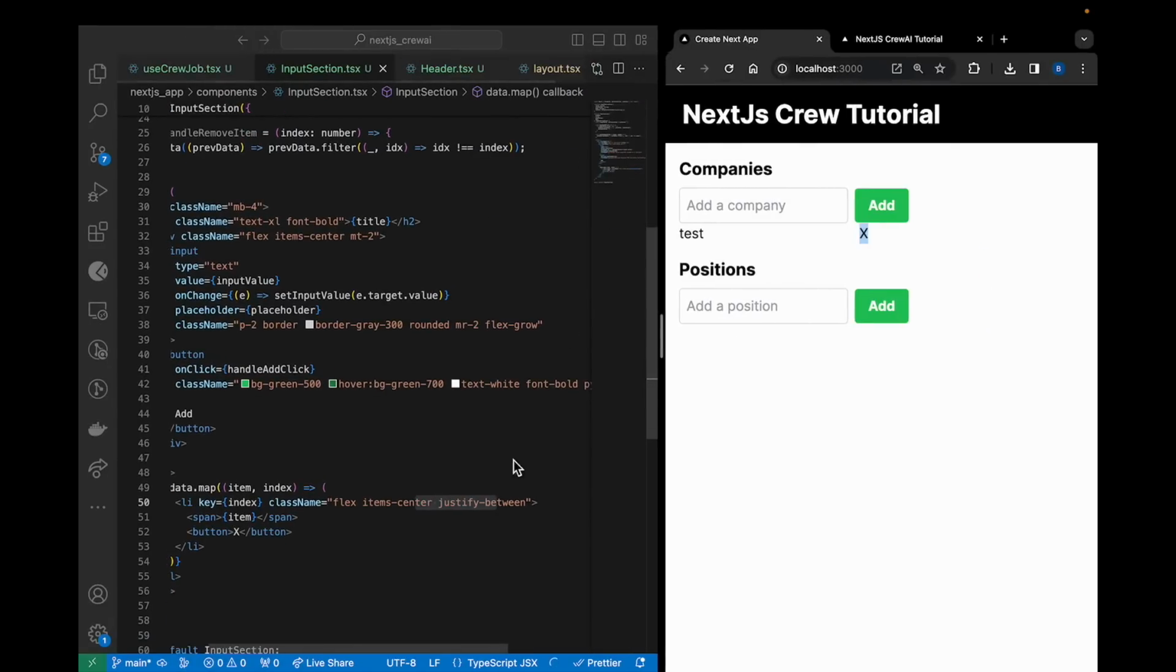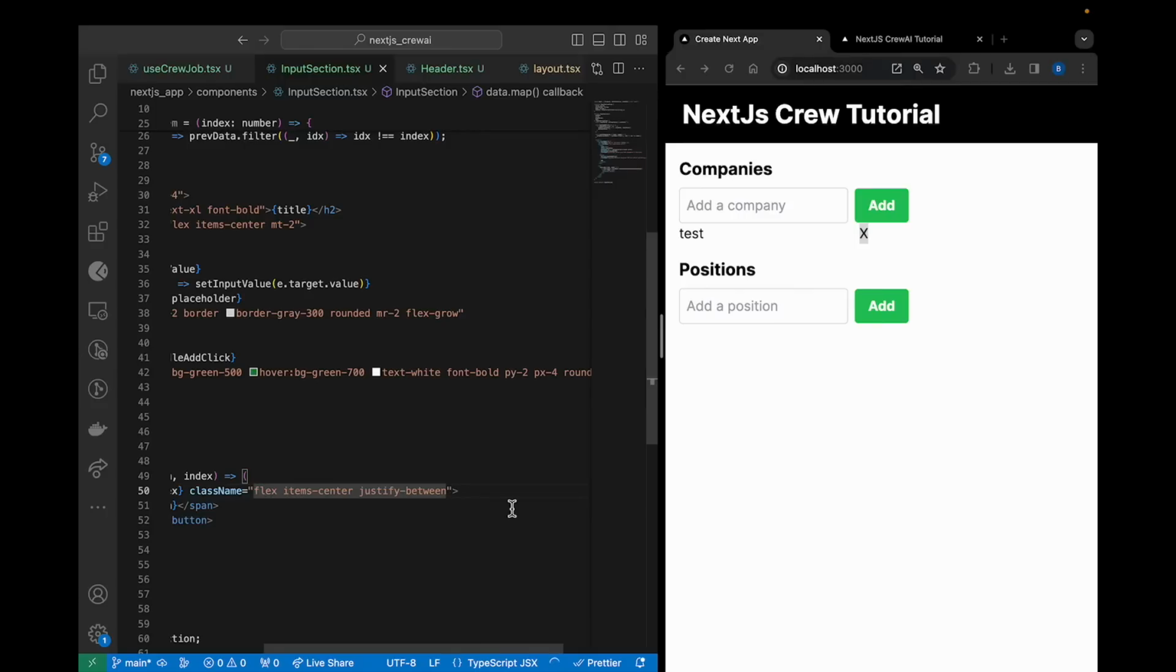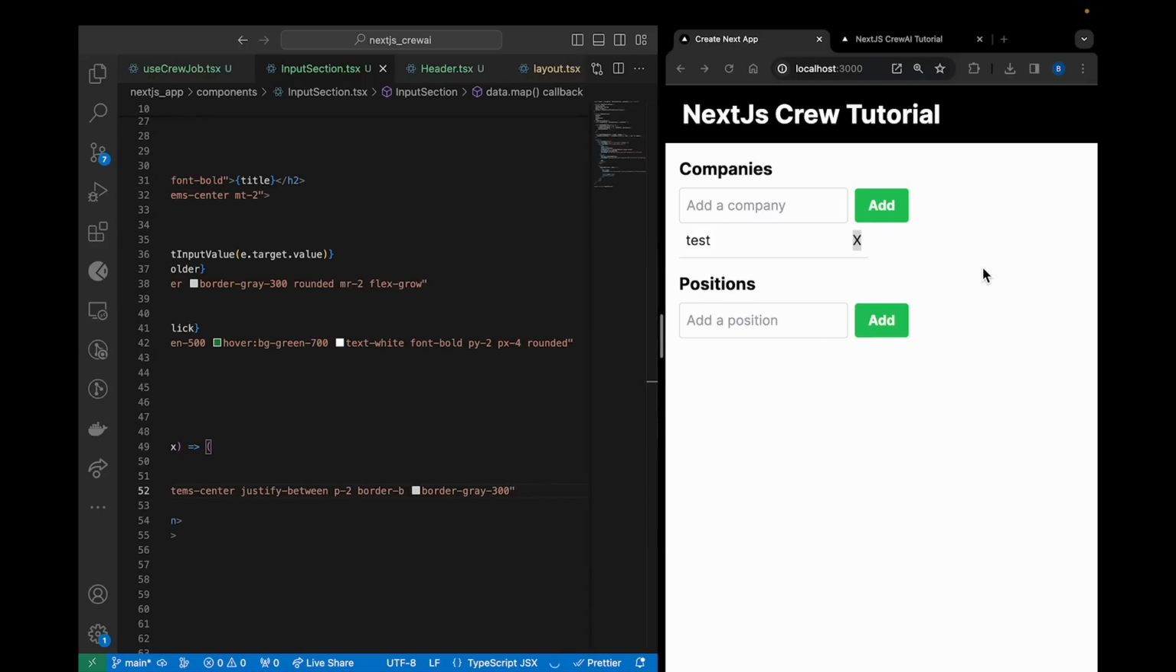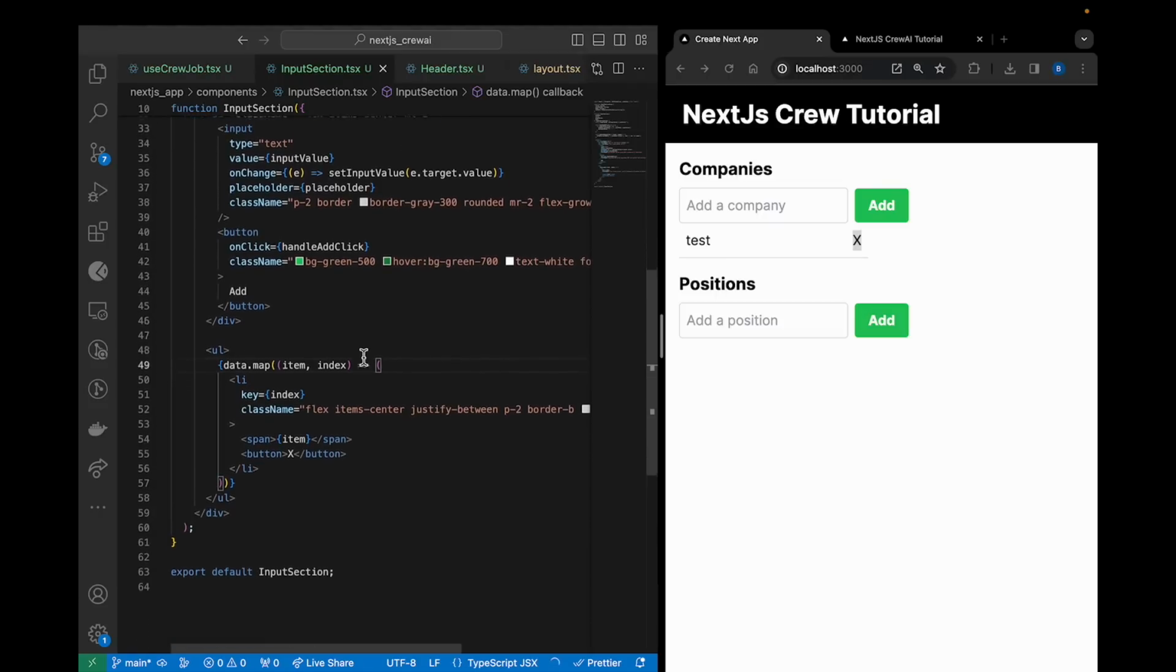Great, so that's looking good. So now that we have our justify between, what I'm going to do is put a little bit of padding on this, padding of 2 all around it. We're going to set the border on the bottom, and then we're going to set the border color to be gray 300. And what that'll do is put a little line under it, so it's starting to look nice. Okay, cool. So now that we have that set up,